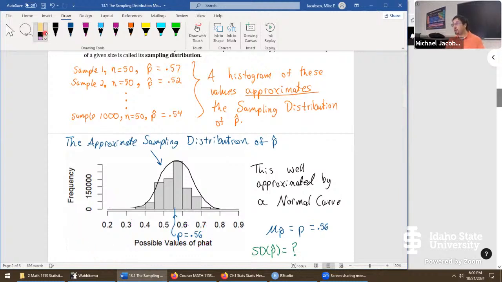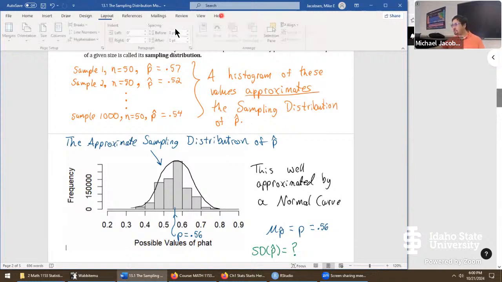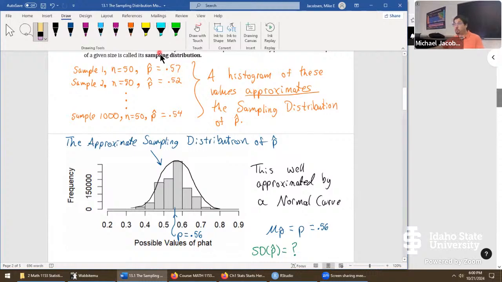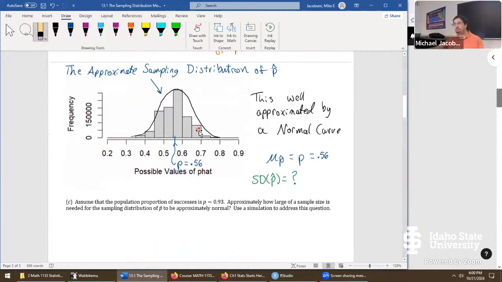Well, any last questions, folks, with our part B here? Okay, there's a follow-up to this, and it goes this way. Nothing too major. This is the major thing we want to cover. But while we have histograms going, Parsi says, assume that the population proportion of successes is 0.93, wildly different out of nowhere. So if that were the case, just pretending like maybe that happened in some weird scenario, we want to know approximately how large of a sample is now needed for the sampling distribution of p-hat